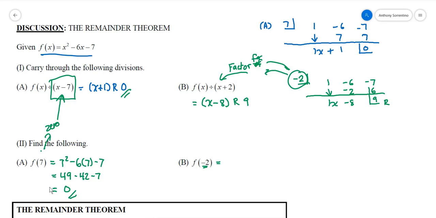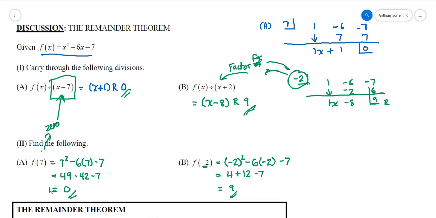Well, if I plug that into the function, I'm going to have negative 2 squared minus 6 times negative 2 minus 7. That's 4 plus 12 minus 7. And 4 plus 12 is 16, minus 7 is 9. It matches yet again. So I don't have to carry through a division to figure out what the remainder is